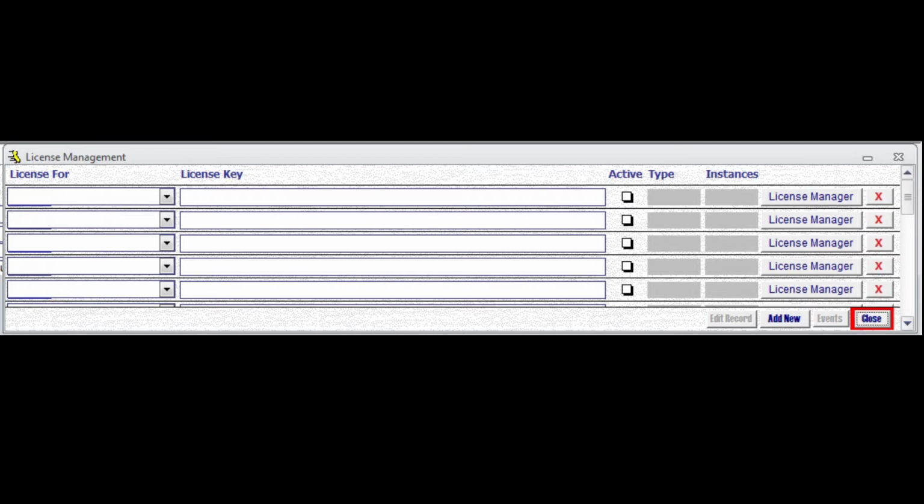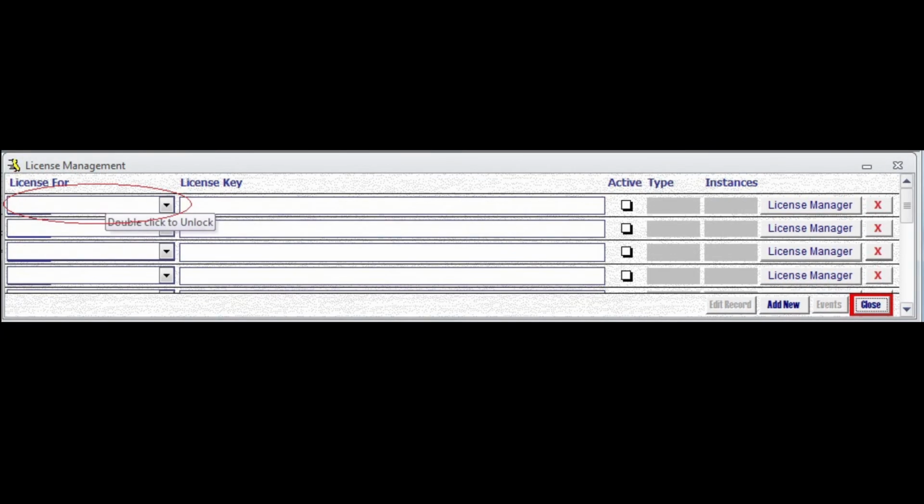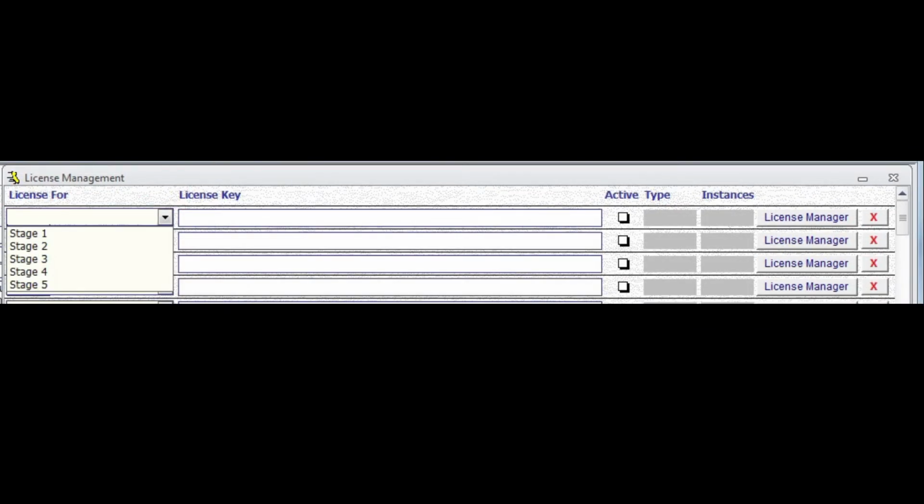Once in edit mode, to enter and register a license, simply double-click on one of the available empty drop-down fields to set that particular record in edit mode, which will be highlighted by having a light yellow background on those fields that are available for edit, and select Stage 1,